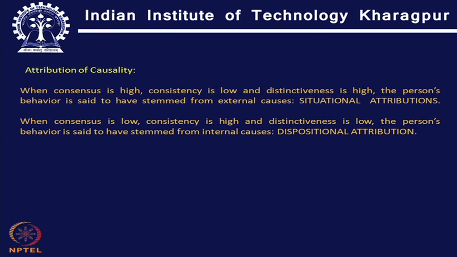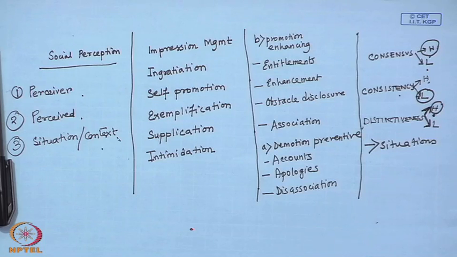So, suppose a person is coming late to office on a certain day, and it gets reported that the person is coming late by 10 to 15 minutes and some action needs to be taken about that person. So, instead of jumping to a conclusion and attributing it, telling like, okay,